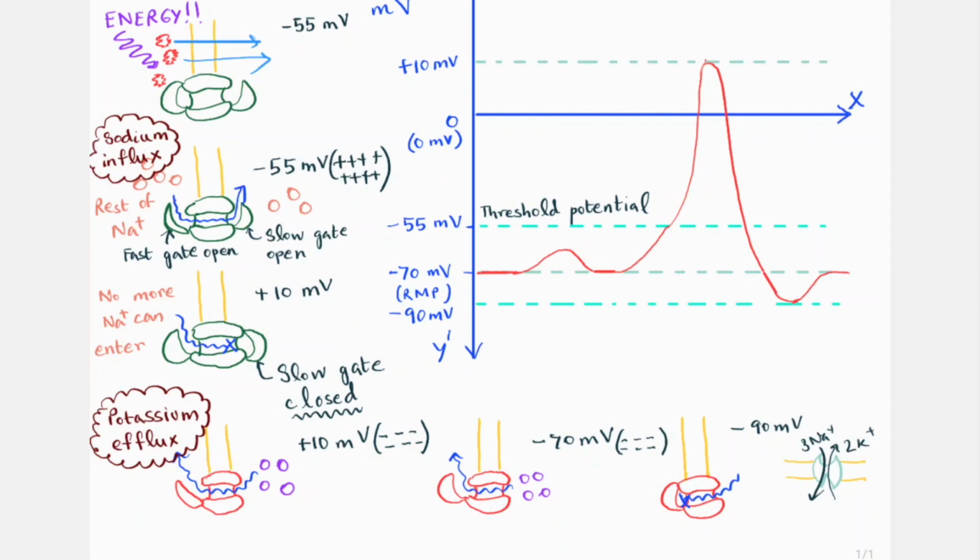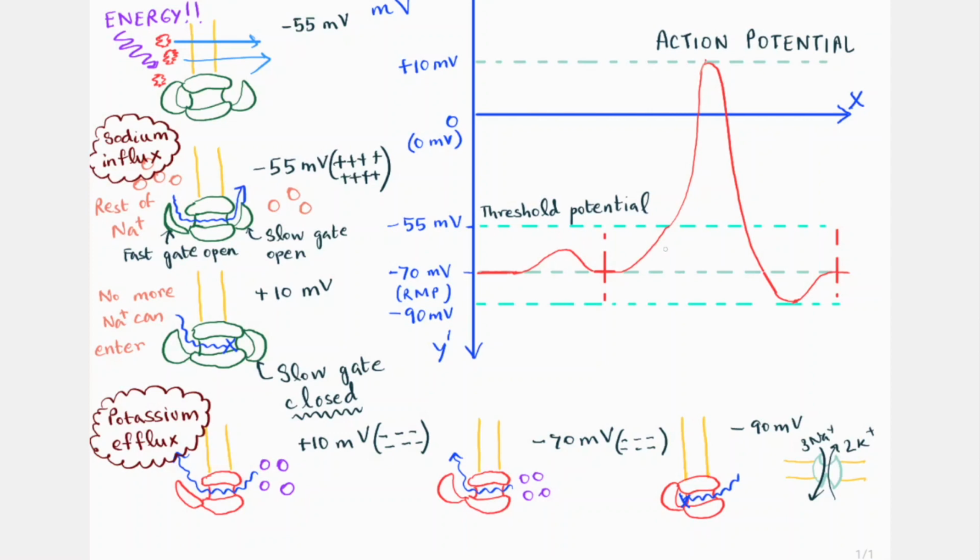So this is one complete cycle. This from here, this is one complete cycle. All right, from here till back here. I'll make that dotted as well. Okay, this is one complete cycle, and this has a very nice name to it. This is called the action potential. All right, now we are coming to the good part, right?